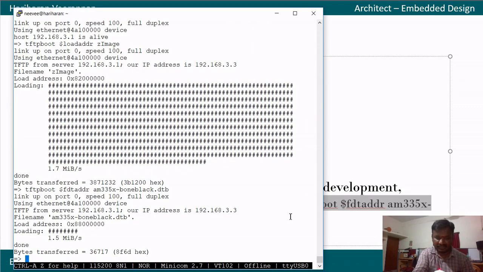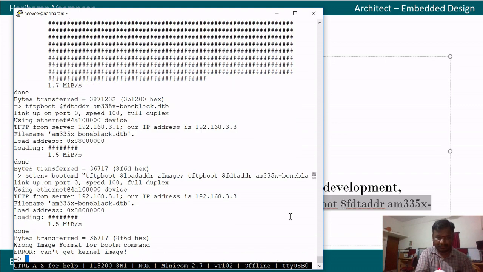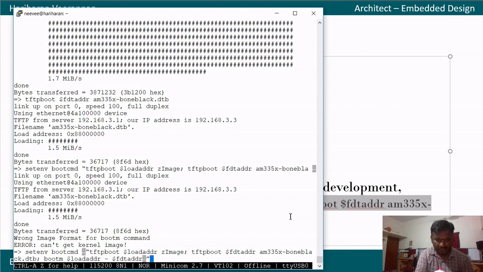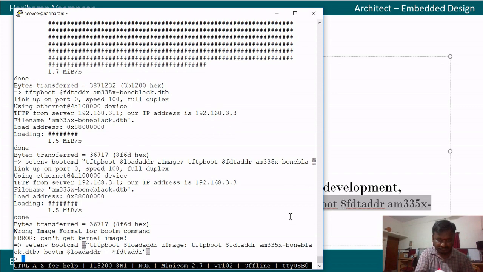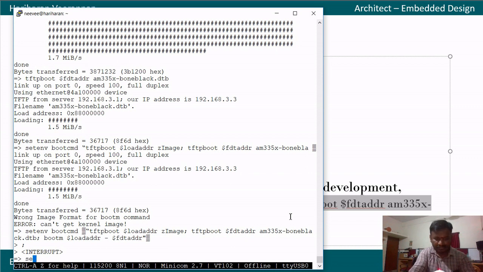Maybe we can do that by pasting over here, and I'm going to type setenv bootcmd tftp